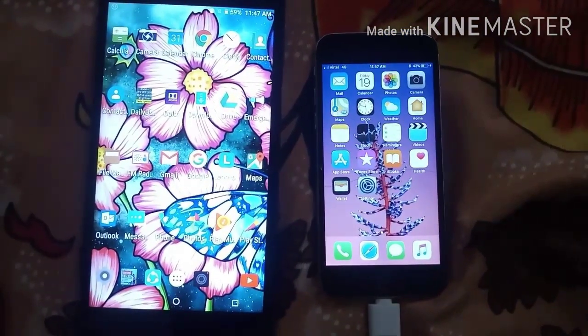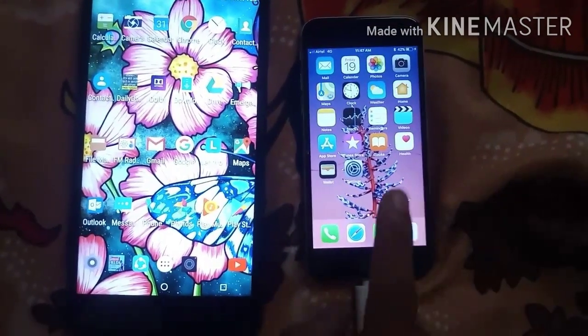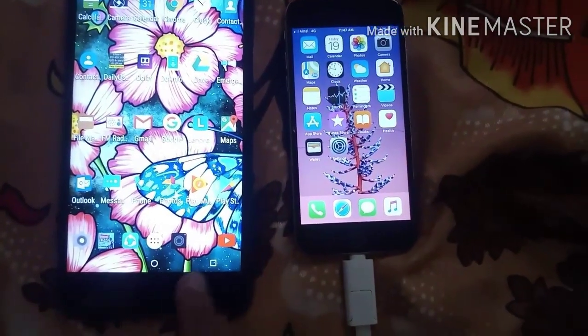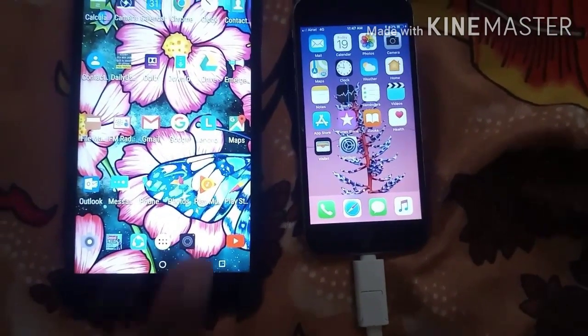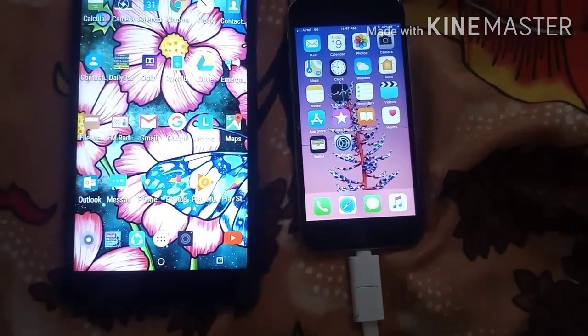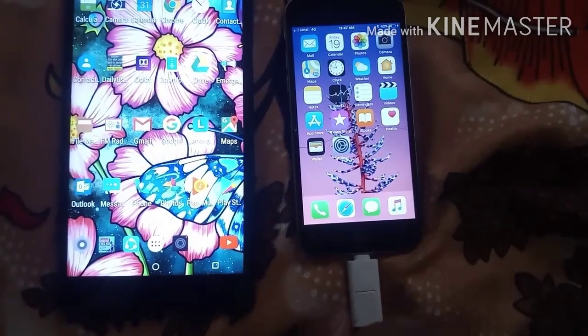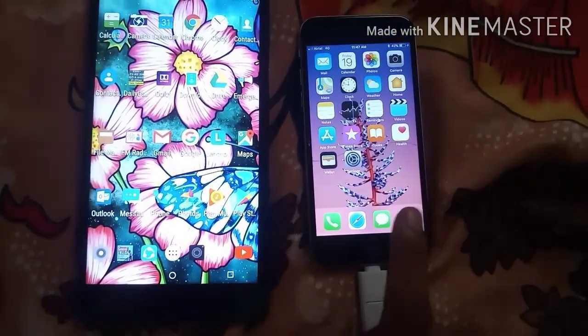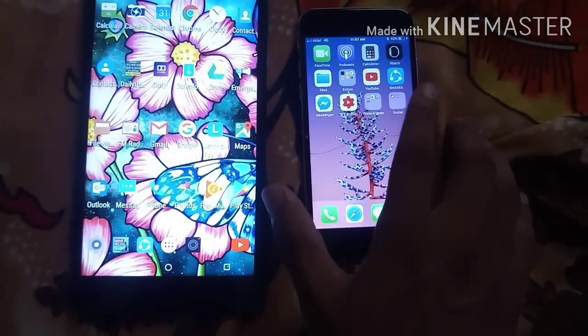Today I am going to show you how to send files from iPhone to Android or receive files from iPhone to Android. If you want to send any files from iPhone to Android, first of all you have to download an app named Share It in